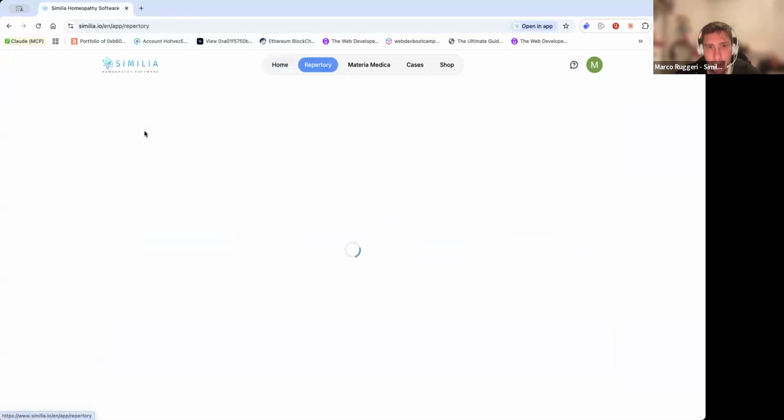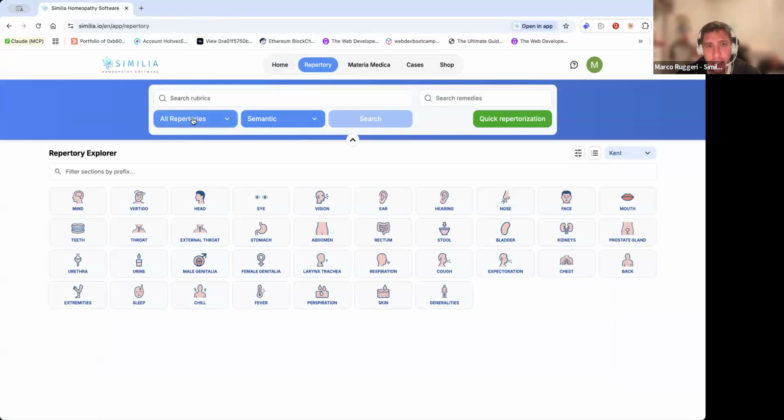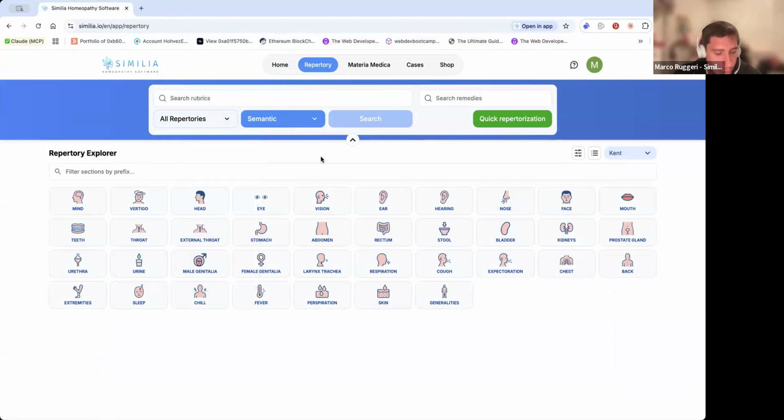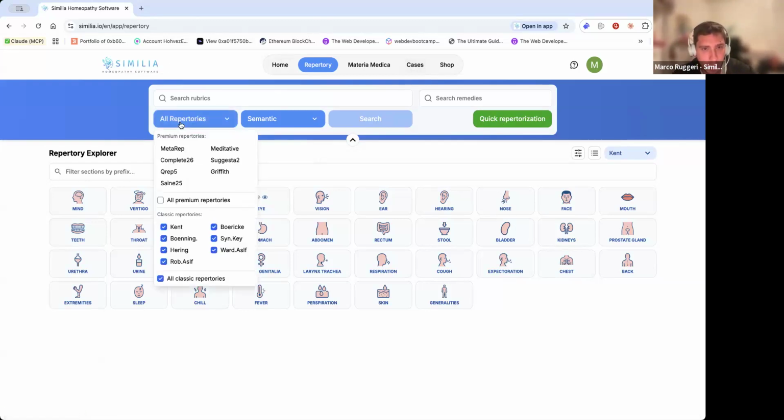So I will start with the repertory. This is already a bit different from other software. The repertory section is only for browsing the repertory: looking for rubrics and seeing which remedies are in them. If you want to make a repertorization, you can use the quick repertorization feature here, or you go to cases, create a new case, then create an analysis, and make the repertorization there. We have different